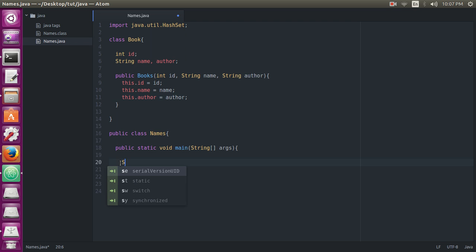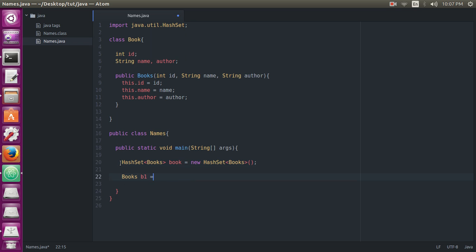Now let's define a hashset again. Now this time the data type is the class, that is Books. The book is equal to new HashSet Books, and leaving the constructor empty. Now let's define some objects of Books.